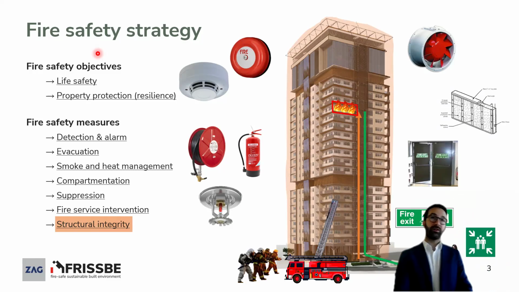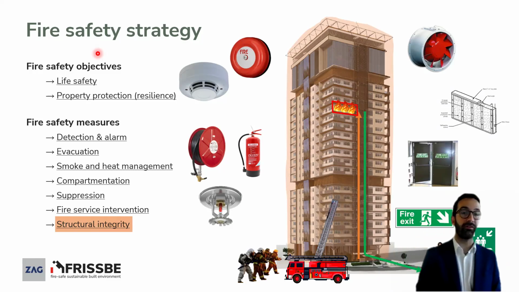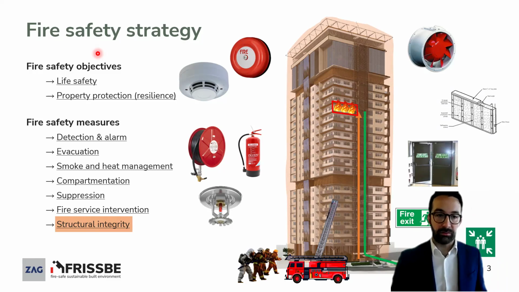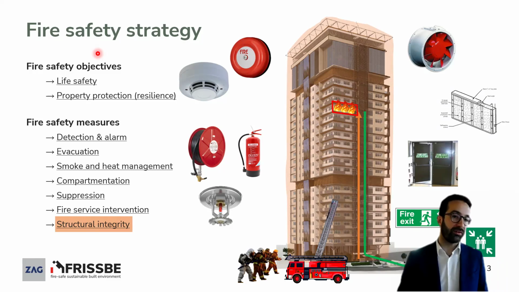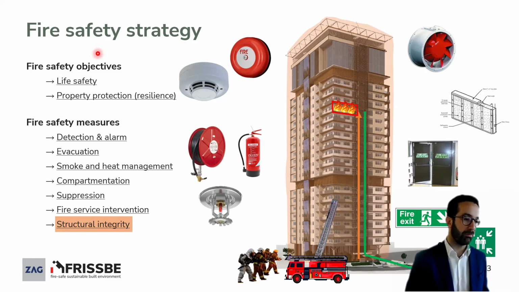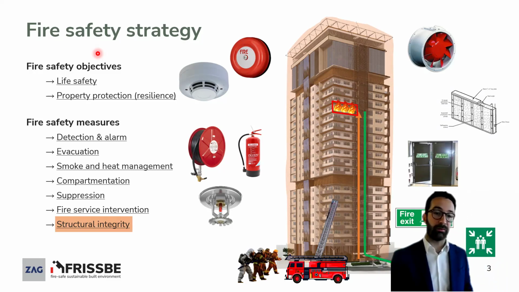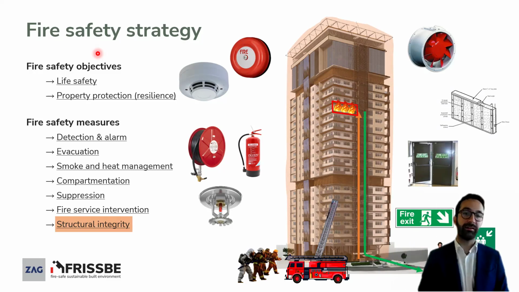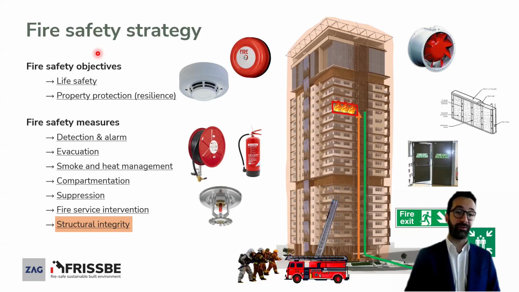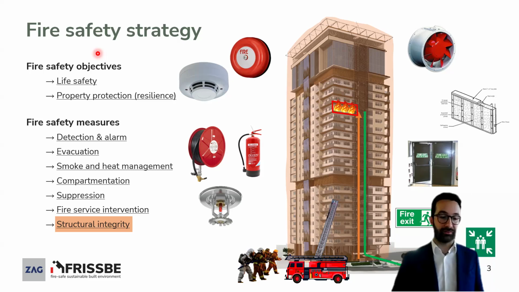For example, here in the picture we have a high-rise building. You can put together every fire safety measure, but if you don't ensure that the structure fulfills its own objective, carrying the load and staying in place during the fire event,